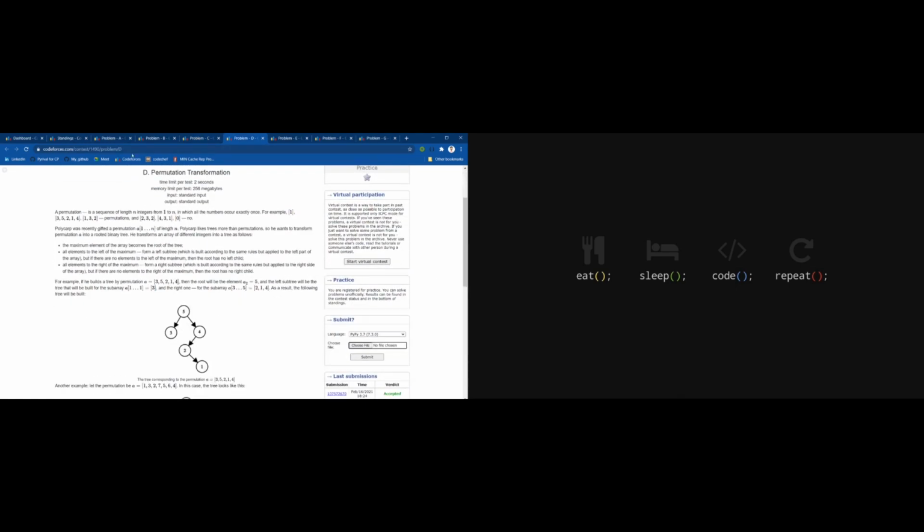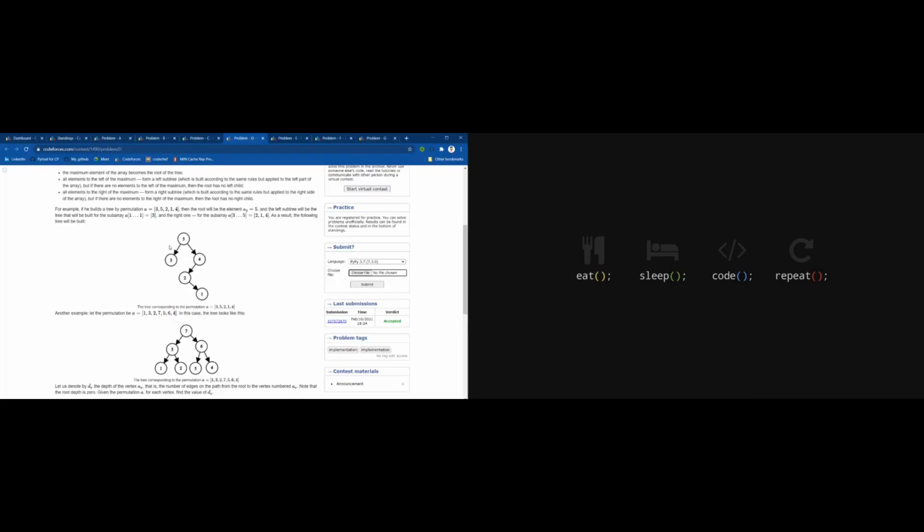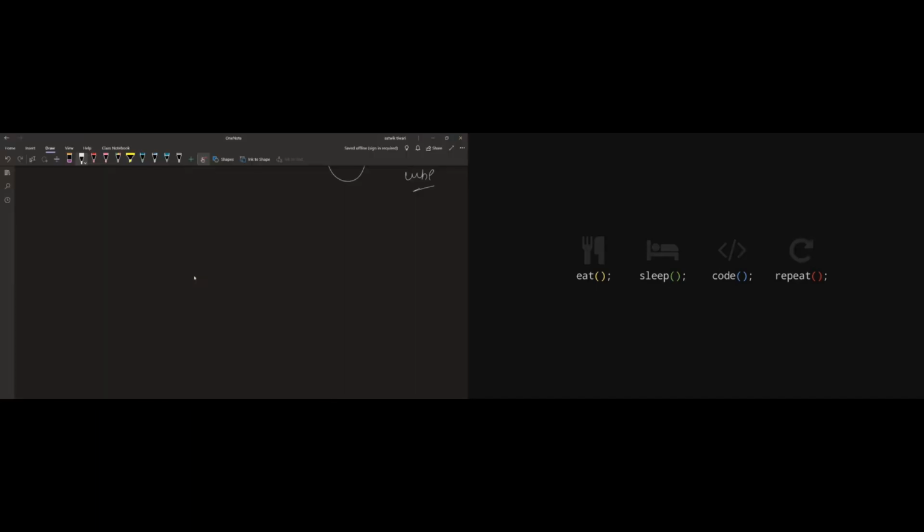I like this problem. It was okay. We are given this array, right? And what he says is